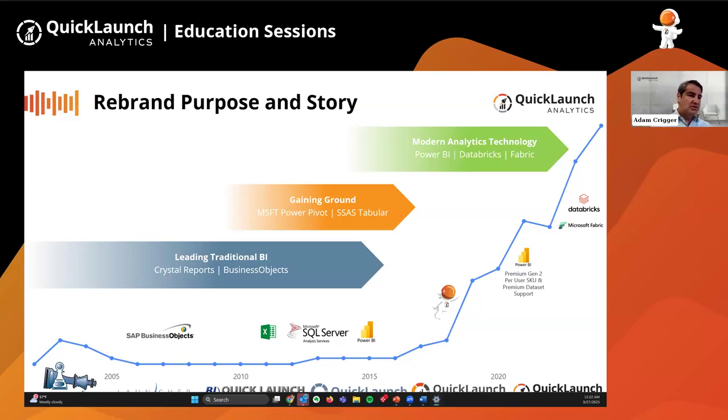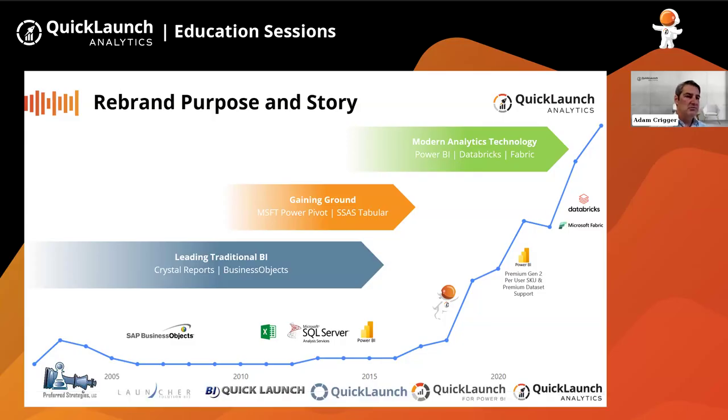So, if you just look at the logos at the bottom, you can kind of see that little history, as David is referring. We try to keep with the new QuickLaunch Analytics and tie it back to the path of tradition that got us there. And then as we move to the far right on this trend chart, you can kind of see moving up to now, moving not just with on-premise and traditional BI platforms into more Microsoft Power BI centric, and into the cloud, and now leveraging things like Databricks that we'll talk about in a few minutes.